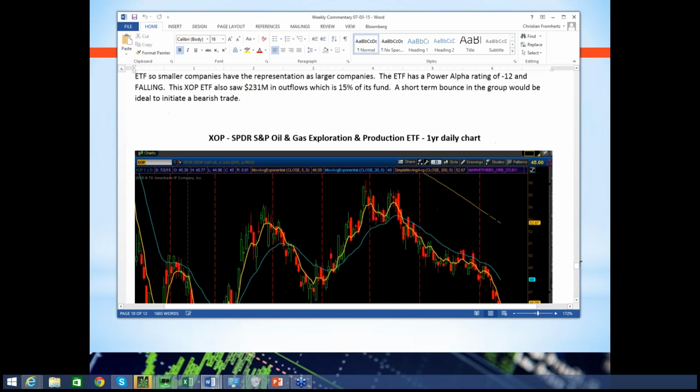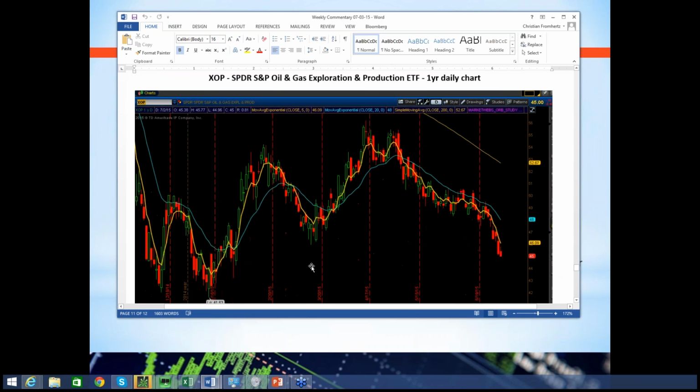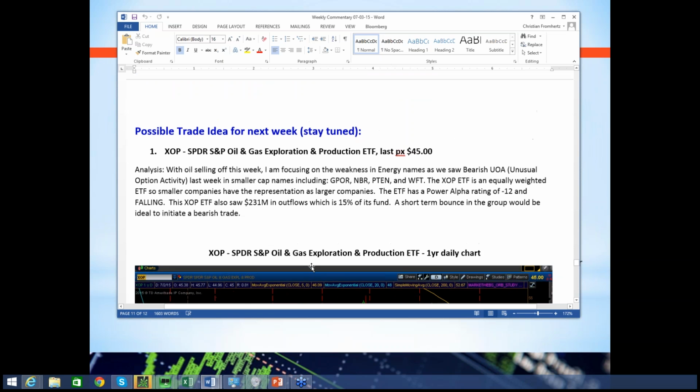And then I talked about XOP already. There was no bounce. I was looking for a bounce on Monday. It didn't happen. I thought there was going to be further weakness. We did get further weakness in XOP. All right, so